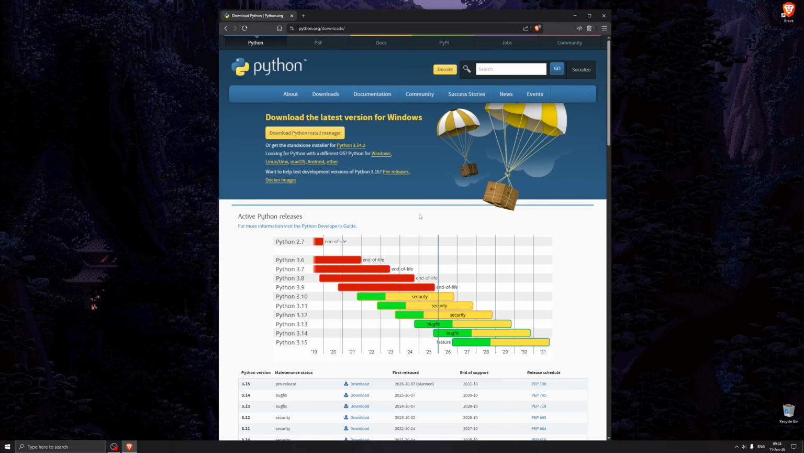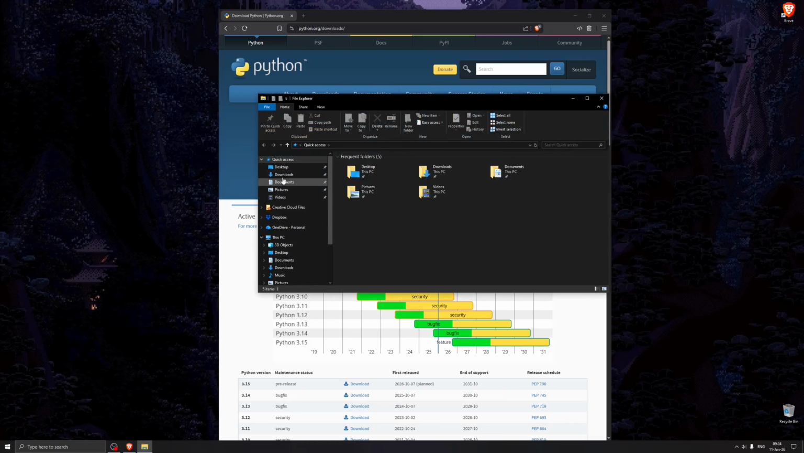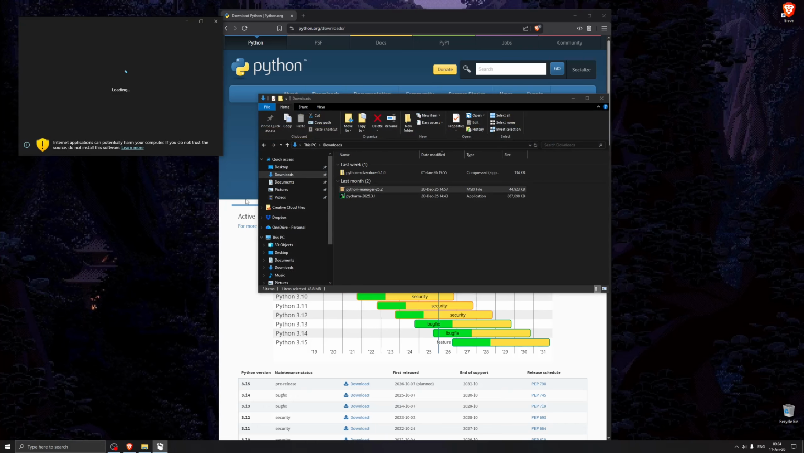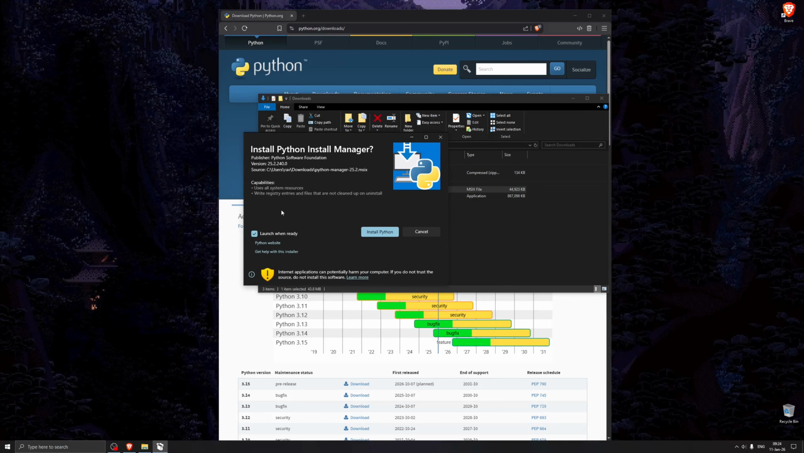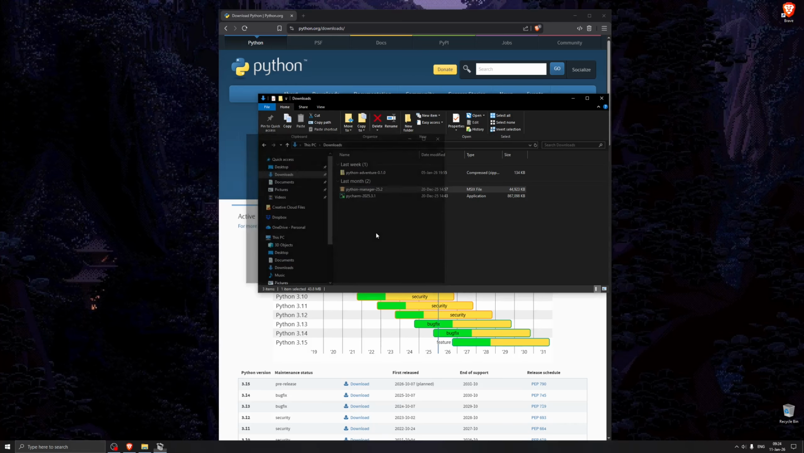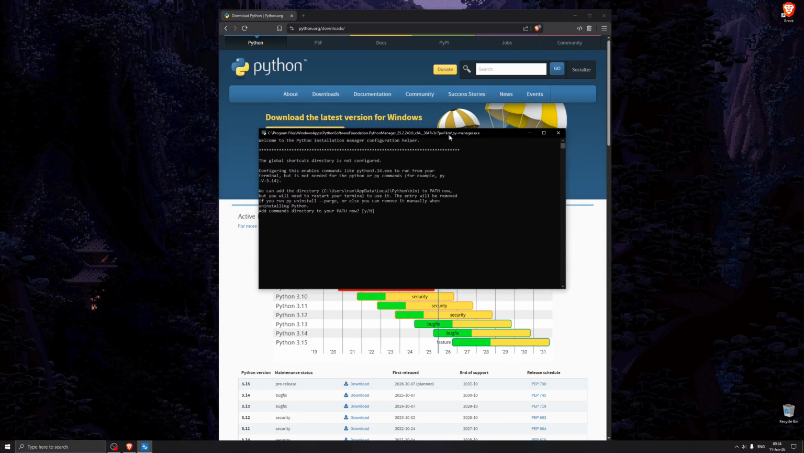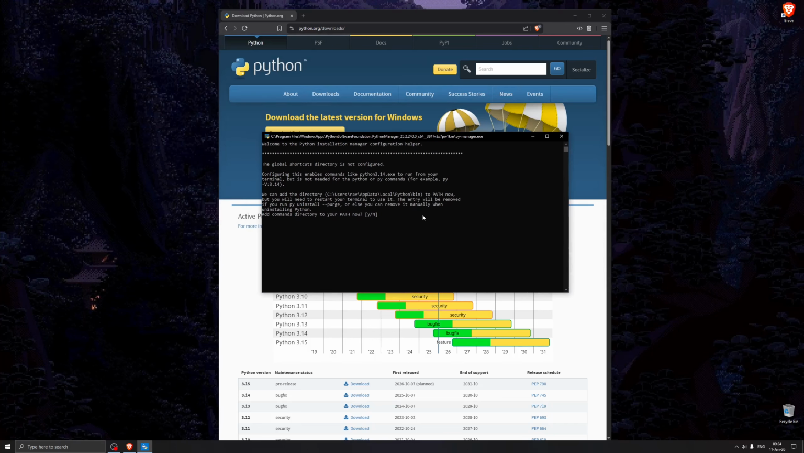Once Installation Manager is downloaded, just run it and follow the instructions. So we are going to install Python. Just click Install Python and installation will start. The installer will open a console window and ask you several questions. You just use defaults for now. The default option is the uppercase letter in the square brackets, so you can just press enter to accept the default value. And once again,